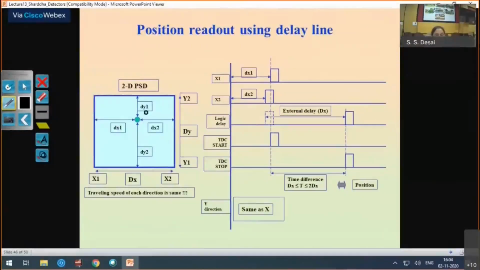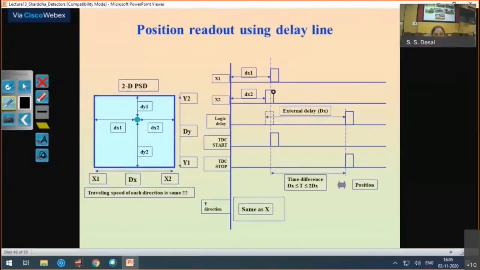So using the delay line, if your arrival timing is different, this will give you a position as x1, x2 and y1, y2. A particular point as an arrival can be created within a matrix, so that your output pulses will be plotted on the area, and your neutron arrival position in the area detector is then fixed.